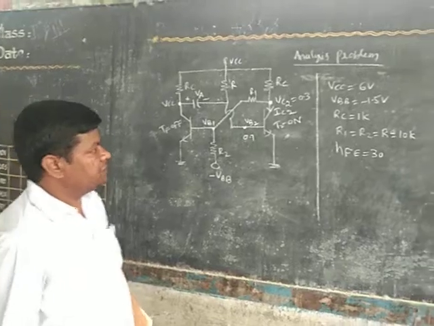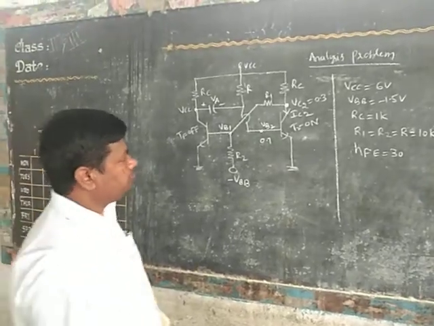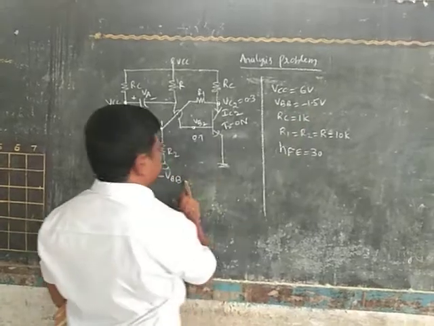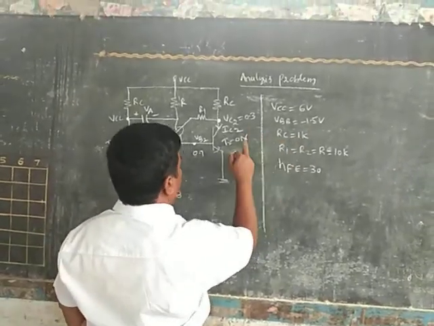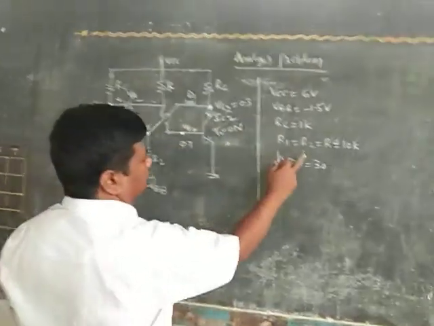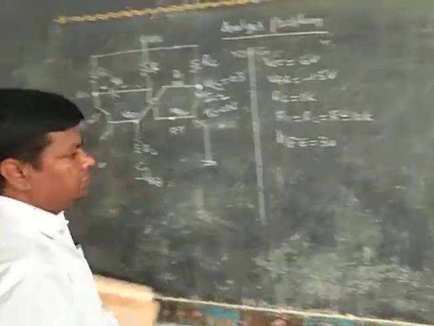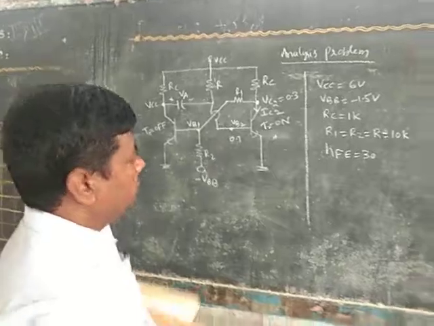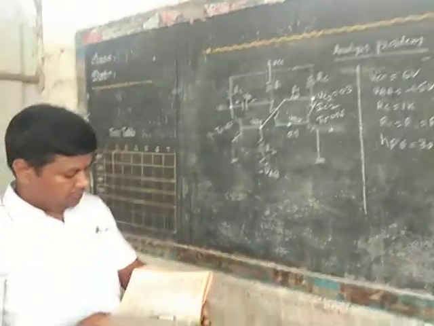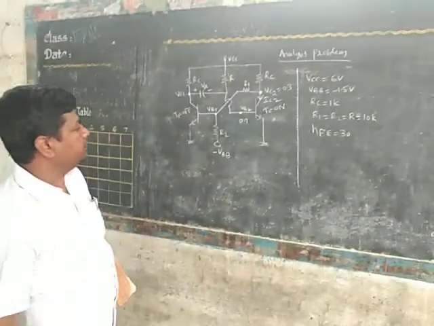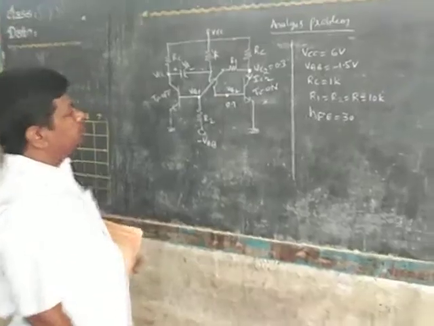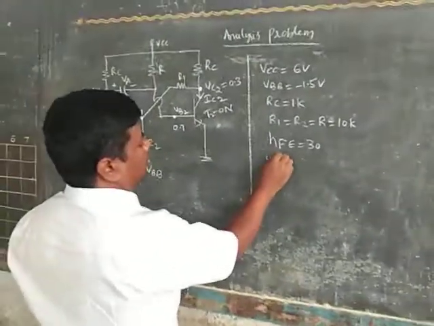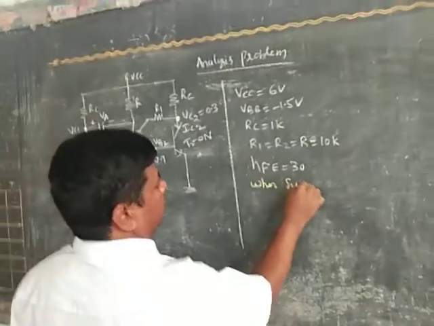Okay, the given specifications are VCC equal to 6 volts, VBB minus 1.5 volts, RC 1K, the remaining three resistors are 10K, and hFE is equal to 30. Then how to analyze the circuit? This is the example problem in Millman, on page number 420. Here the procedure is, we already know that when we switch on the circuit,